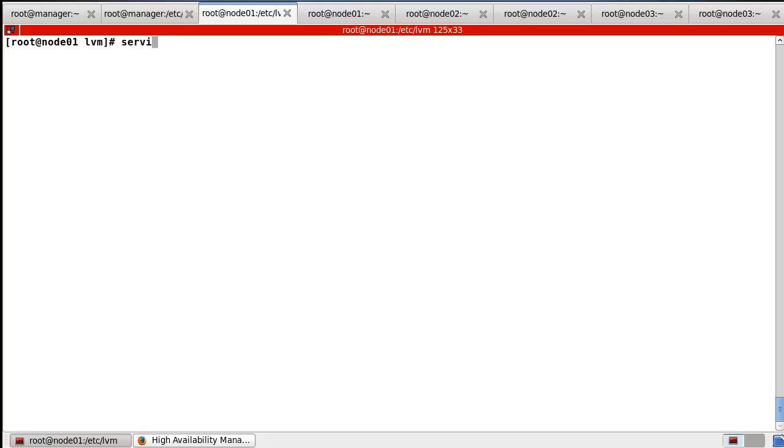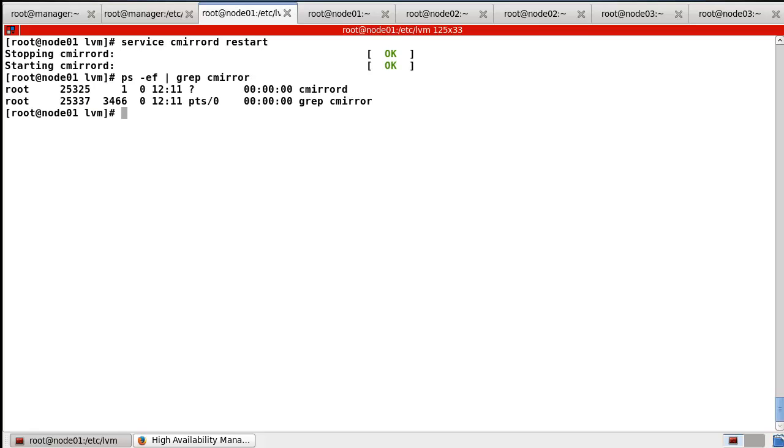And after that, the service cmirrord will start. In my case, I already started it. So please check this daemon as well. See, this daemon has already started. For the registration,